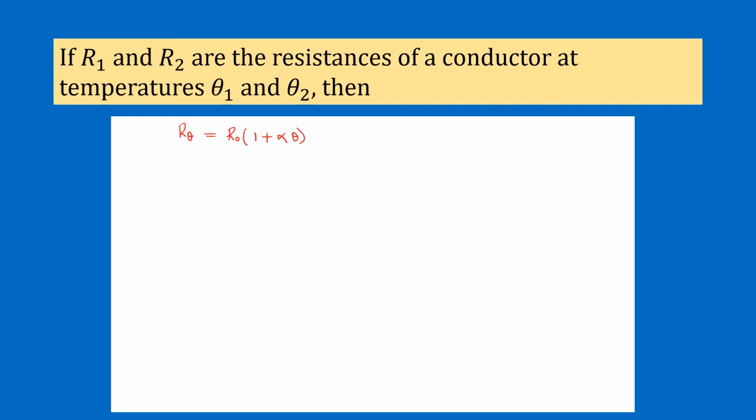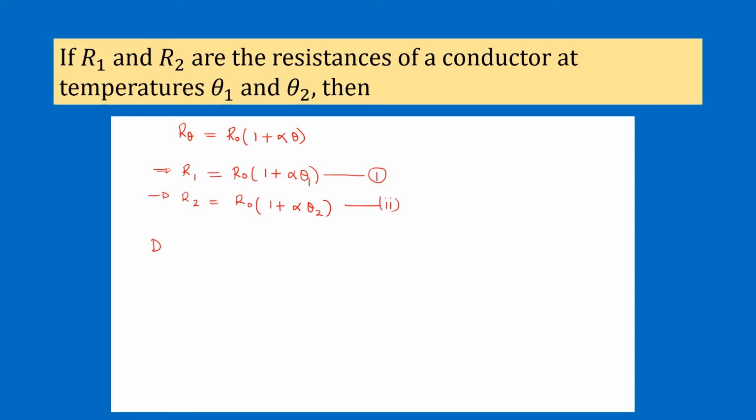R1 will be equal to r naught into 1 plus alpha theta 1. Let us call this equation 1. Then R2 will be r naught into 1 plus alpha theta 2. This is equation 2. Now, when we divide the two equations, dividing